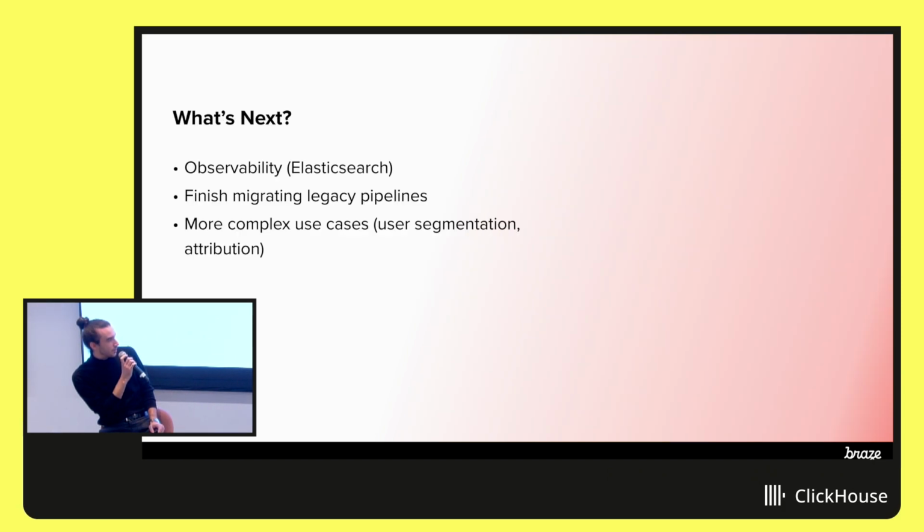So now we want to continue expanding ClickHouse usage at Braze. We have an existing observability use case that's live for customers. We have an API usage dashboard where all these events are coming in from Elasticsearch. We're showing customers a product that shows them API usage natively in the Braze dashboard. And it's much cheaper and faster than giving them access to Elasticsearch or trying to build something on top of Elasticsearch.